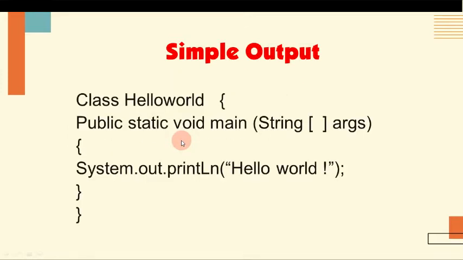Next one is the simple output statement. So let's recall our Hello World program. I have taken Hello World as an example. public static void main(String[] args). It is used to pass the arguments. Then what am I going to print in this program? I am going to print hello world. System.out.println("hello world"). Whatever you write in these double quotes is a statement, and that will be printed in your output statements or output terminal. Let us go into detail.